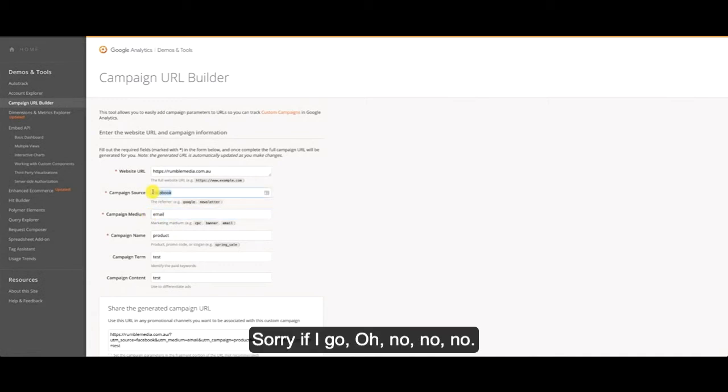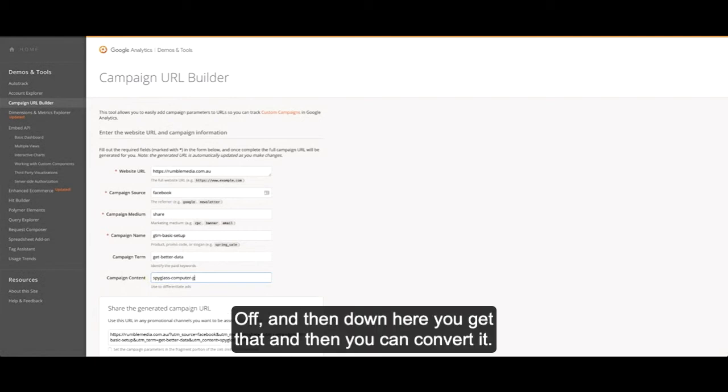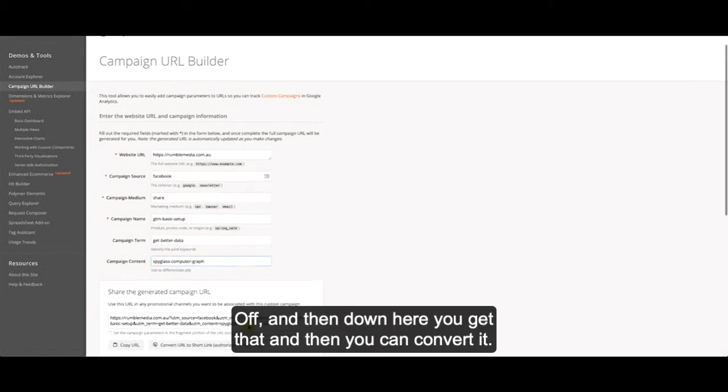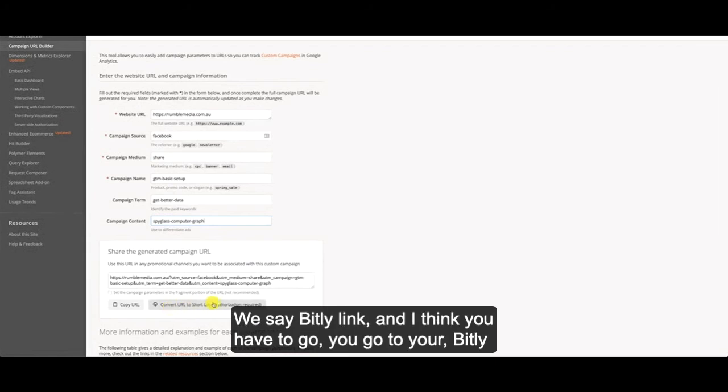So if I go mail. Oh, no. Sorry. Facebook. Share. Share or CPC. Choose one, whichever one it is. We'll go share. And then it will go GTM basic setup. I'm just going to do it as one this time. Campaign term: get better data. Campaign content, what did I say? Spyglass, computer, graph. And then down here you get that, and then you can convert it with a bit.ly link,